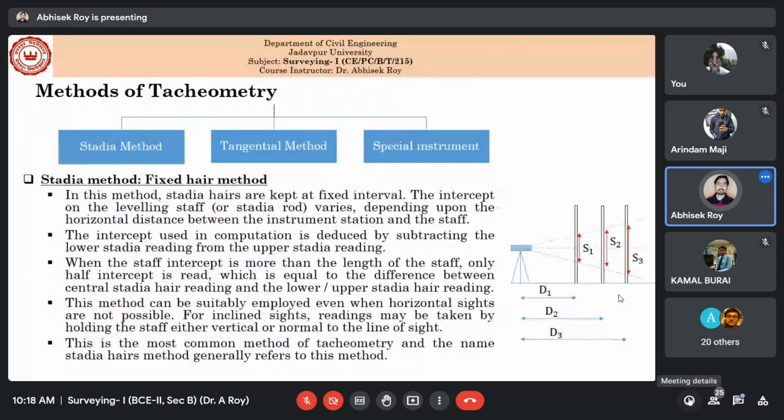Now we will discuss the methods of tachymetry. In tachymetry we normally use these three methods: stadia method, tangential method and special instrument method. The stadia method is more common or more popular, I can say, than the other two methods. In the stadia method you have the fixed hair method and the movable hair method. But normally the fixed hair method is the most popular one, and normally by the stadia method we also mean